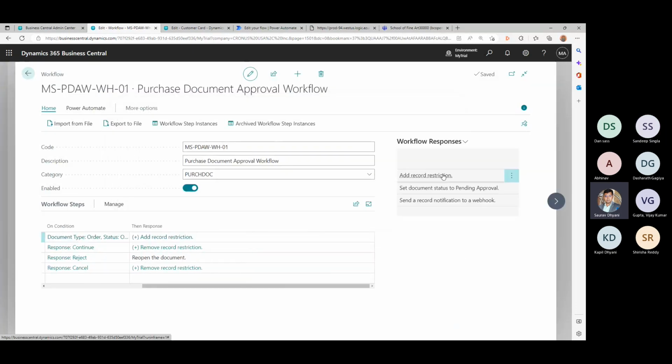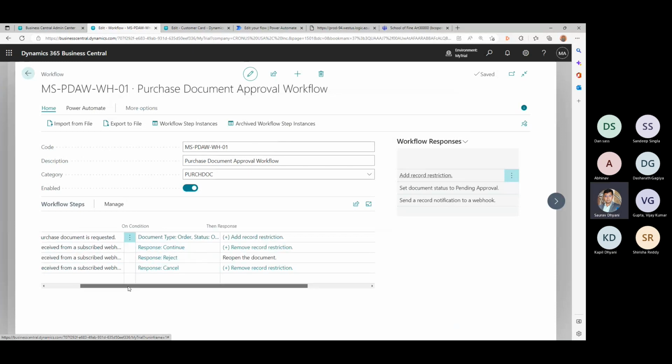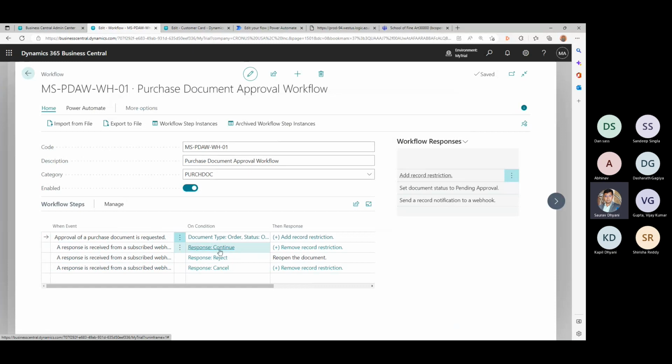Record restriction pending approval, and send it back to Flow. And then there are three kinds of responses: continue, reject, or cancel, which means the approver has approved it, rejected it, or cancelled it, and that's it. There's no looping around it.